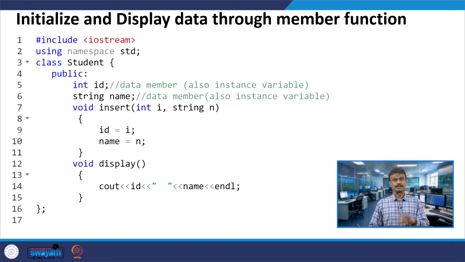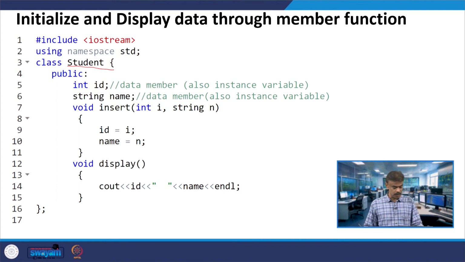Now I will slowly introduce the member function. In the last two programs you know how to use the member data, or data member. Now we will introduce the member function. Here you go, class student, which is nothing but a class.